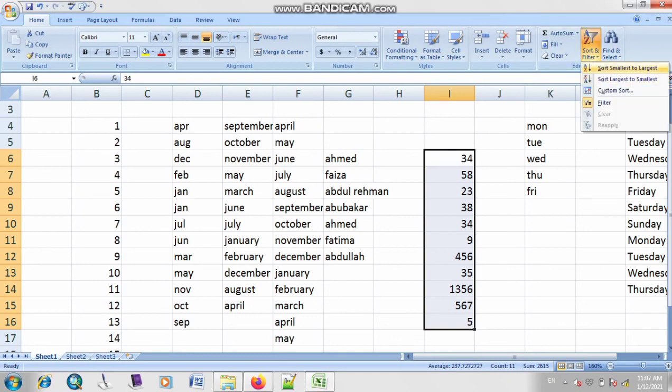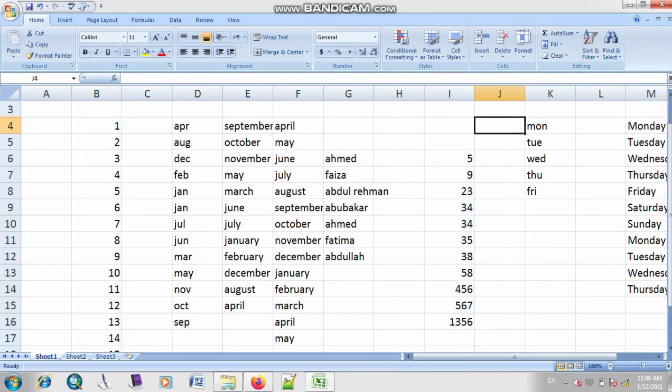And now what should I do? There is not any kind of ascending to descending. Should I choose the option of smallest to largest, or should there be an option of ascending to descending? Manha, can you tell me? Right, if you are talking about numbers, then it should be smallest to largest or largest to smallest. Let me click on smallest to largest.